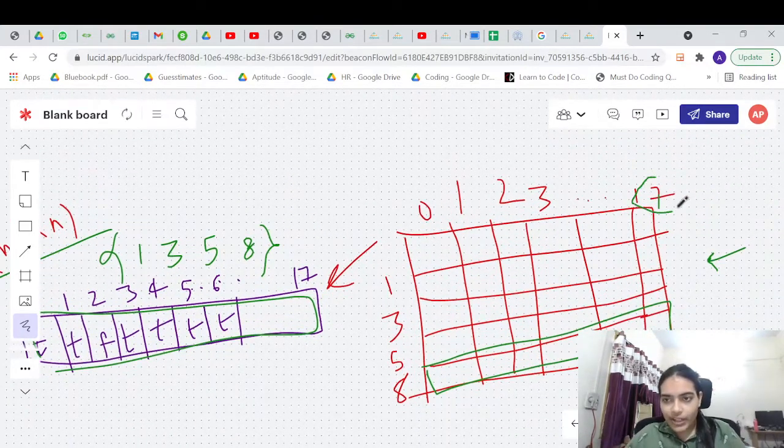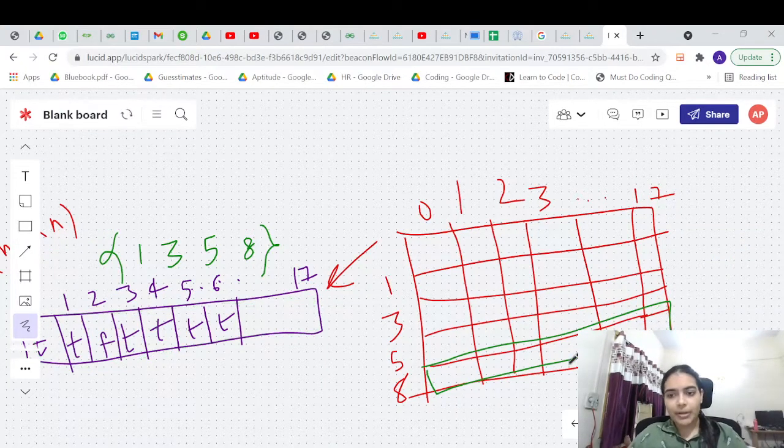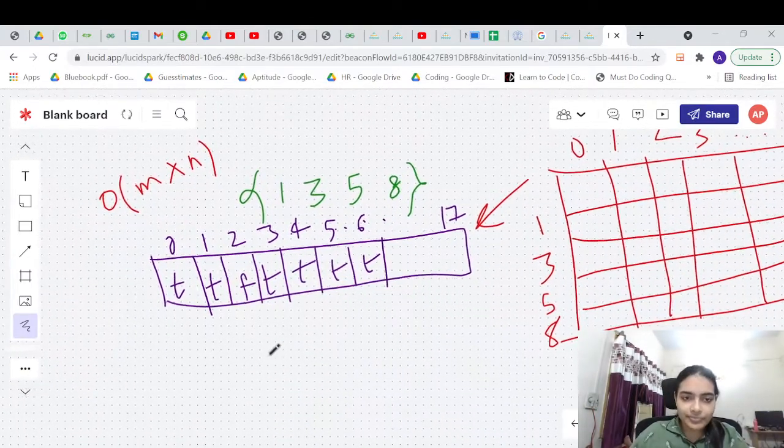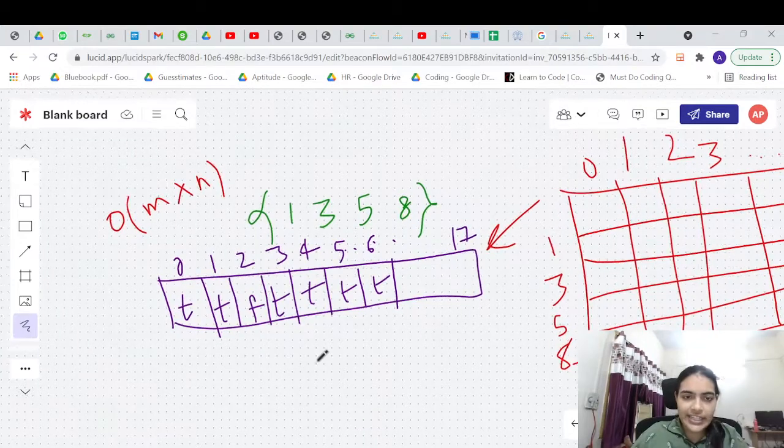So if somebody asked you whether you can make the sum 17 or not, you can look at this value in the DP table and you can see the answer and return it. So this is the DP table which we make. It's very famous. Now in this case, once we have this, we can easily find out the answer.